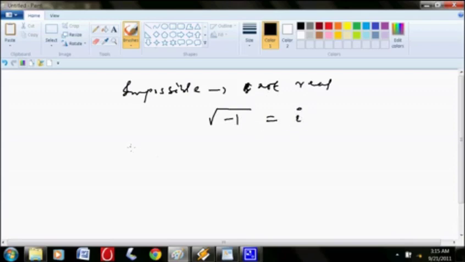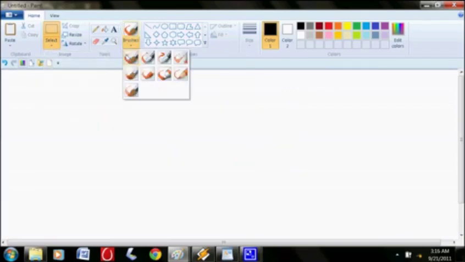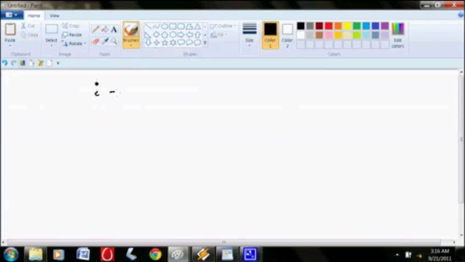Overall the section is quite easy. Only the name is complex, like it's complex numbers, but the application behind it is quite easy. So if I say i is square root of minus 1,